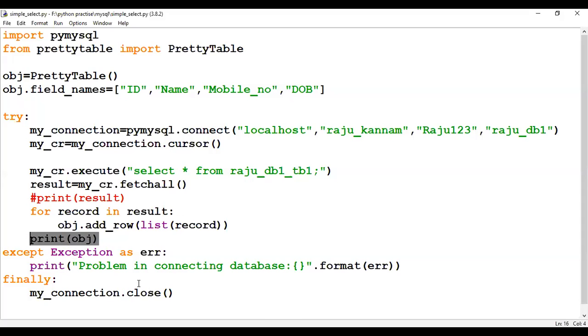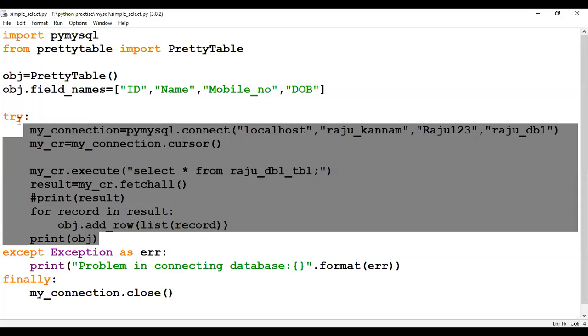Then, of course, this entire thing we are putting in the try block. Why?